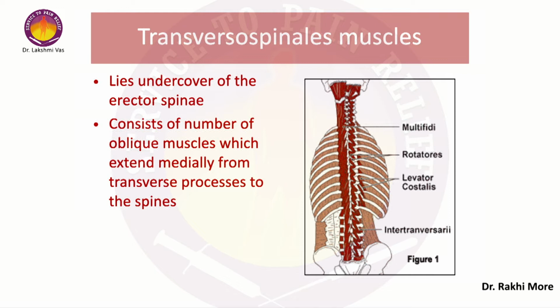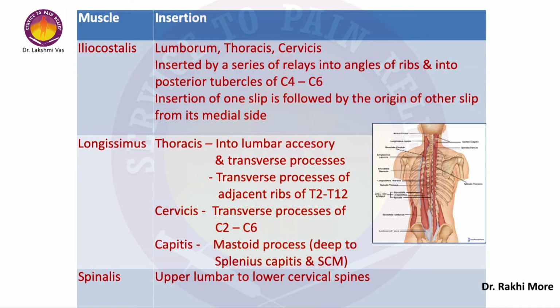Where do the rhomboids come in here? Superficial. Yeah. So though they are in the second layer, they are considered as superficial. The question ma'am asked was, how are the rhomboids placed over here? Now, as we have already said, the rhomboids belong to the superficial group. So in the superficial group, once we reflect the trapezius, we will see the rhomboids and the levator scapulae. Once we reflect the rhomboids, then we will see the deeper muscle. So you don't call it superficial, intermediate, and deep with the serratus posterior as the deep. You just call that the deep, and this is the superficial.